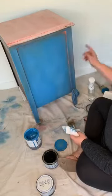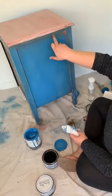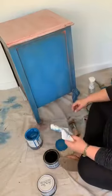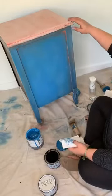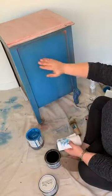I'll come back with dark wax like I did on the other side. I like this peeping out. I'll make this a little bit more cohesive on the side. And that's how I did the side, and that's how you paint into the wax. I actually do like this a little bit here. I will be adding with my spatula